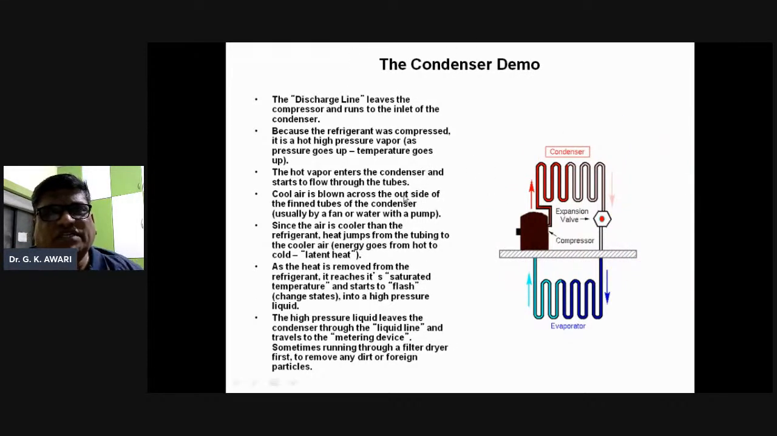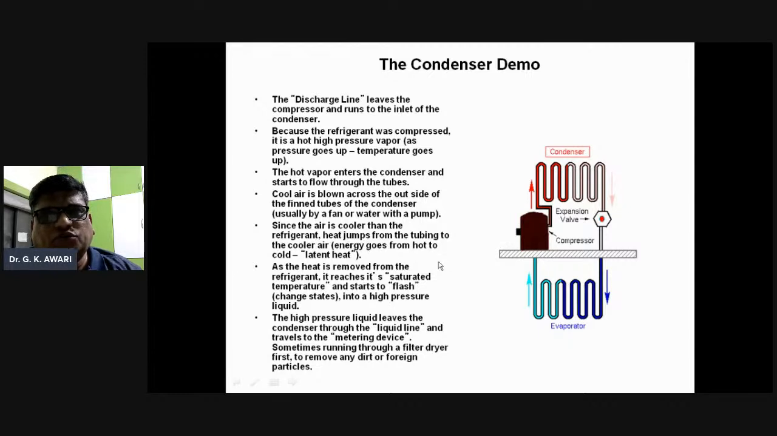Because the refrigerant was compressed, it is a hot and high pressure vapor. As pressure goes up, temperature goes up. The hot vapor then enters the condenser and starts to flow through the tube. Cool air is blown across the outside of the finned tubes of the condenser, usually by a fan, or water by a pump. Since the air is cooler than the refrigerant,